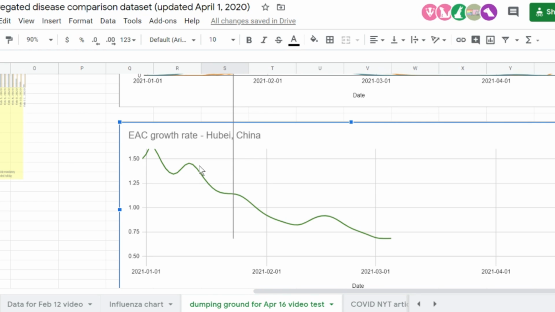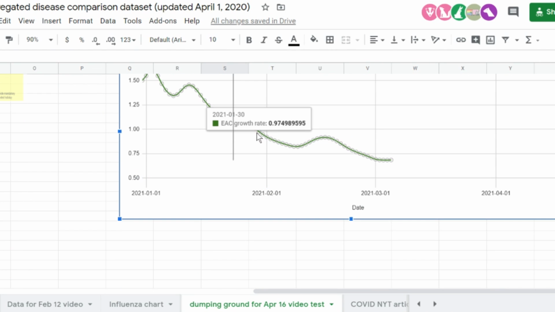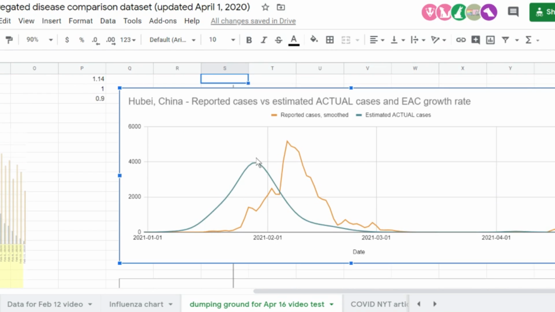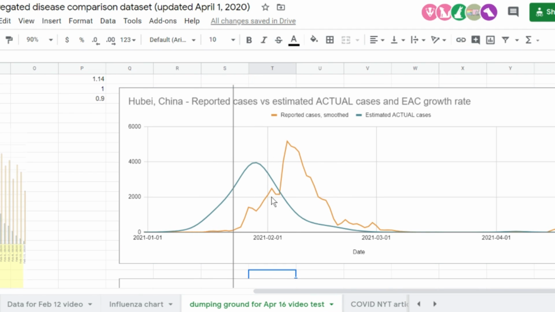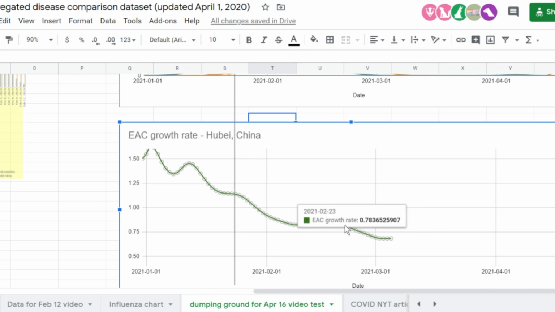But it does kind of seem like Hubei was descending very slowly at 1.14 in mid-January, and then at some point it descended a lot faster, crossed over 1 at around January 30th, which is where the peak of infections would occur. And then as soon as the growth rate went below 1, then the number of new cases each day could actually start descending. Just take note of this graph. This is the same thing, but with growth rate. It looks like it worked well for China, and eventually we had extremely low growth rate.